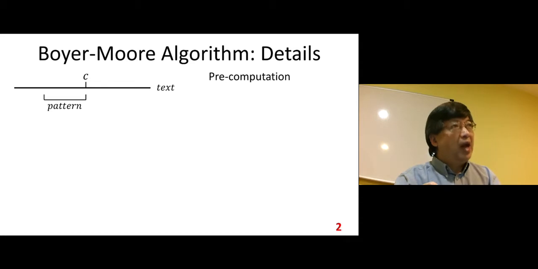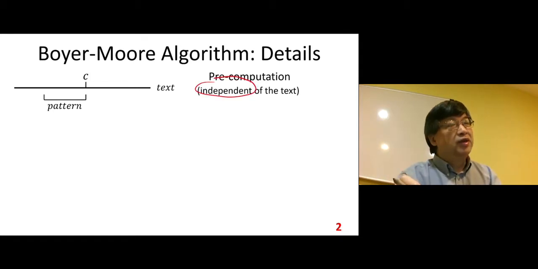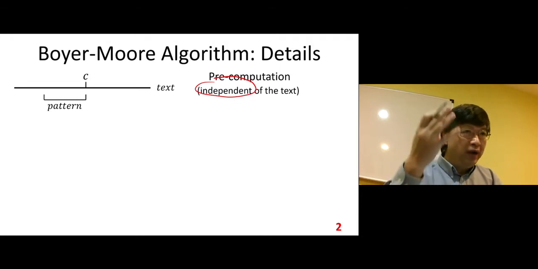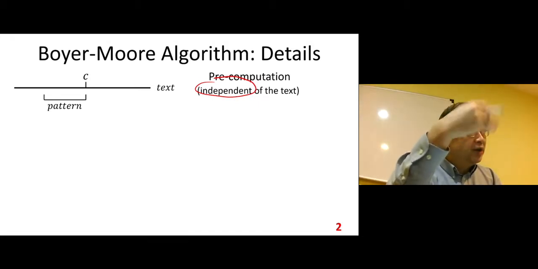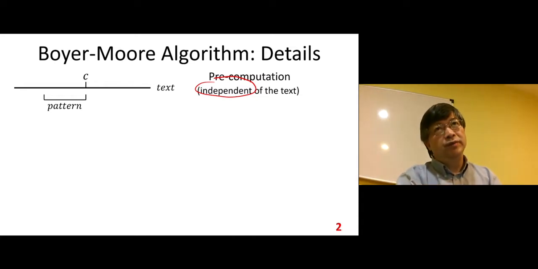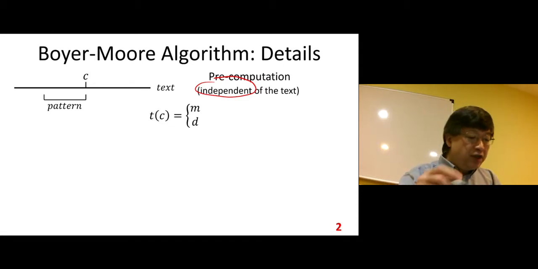So what do we calculate in our pre-calculation? Our pre-calculation is independent of the text, so we don't know the text. We only have the pattern, the keywords we have. So for one keyword, after we take it, we can calculate this information. Here we define a T function. T refers to table. We create a table. The T function, T of C, the character C,